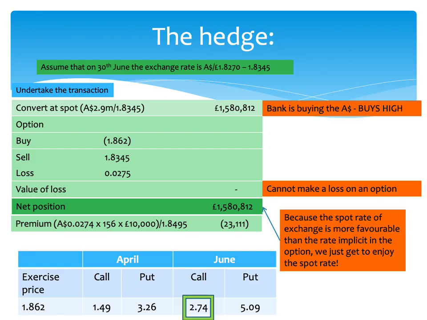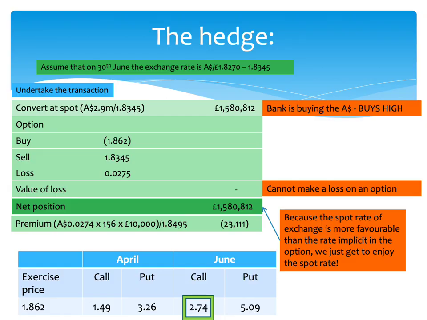Okay, and our scenario was April. I think it was the 1st of April today. So we want to use a relevant exchange rate for the premium as at the 1st of April, not the 30th of June. Now in this case, we have been given, if you remember, the spread of exchange rates on the 1st of April. We always want to use the lower of those two rates. So we're going to use the